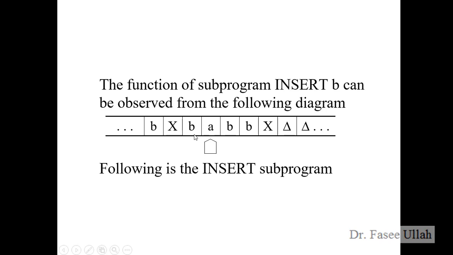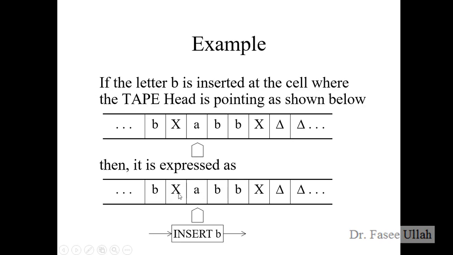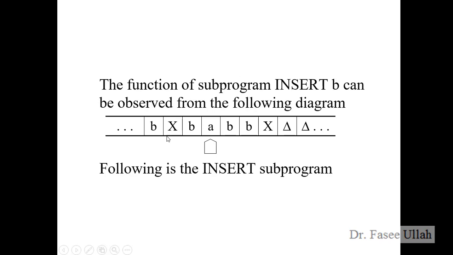After performing insertion, let's see after X. We have B X B and A B B X and then empty, empty, empty. This is the way. This process also shows how we can satisfy the user query. One form is this way, and another form is a diagram for the Turing machine. For that we use the triplet of letter and direction. Let's see how we can perform such activity.